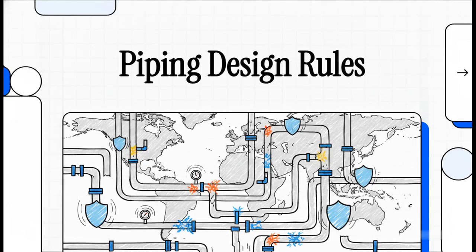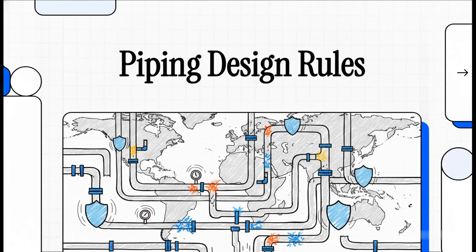Think about this for a second. Right now, there are literally millions of miles of pipes transporting highly pressurized steam, volatile chemicals, and crucial energy resources across entire continents. It's an absolutely staggering feat of engineering. But what keeps it all from just bursting apart?